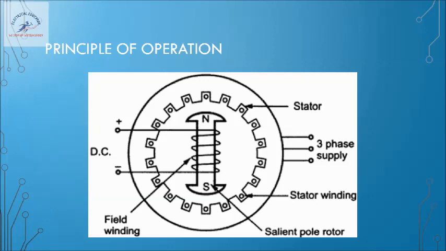So as per our discussion in the previous slide, three phase AC supply is given to the stator distributed windings. DC supply is given to the rotor winding or field winding. So now there are two supplies used, so there will be two magnetic fields induced. Let us see what happens. Understand this diagram properly. Three phase AC supply is given to the distributed winding of the stator and DC supply is given to the rotor.